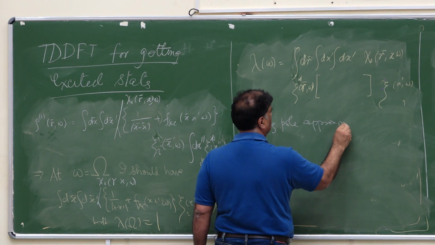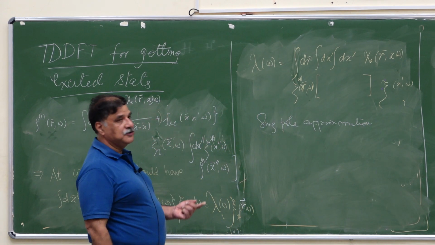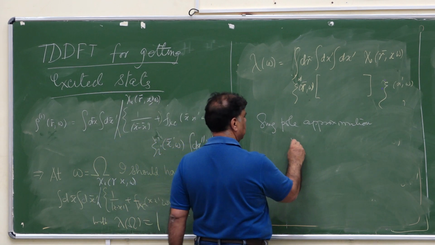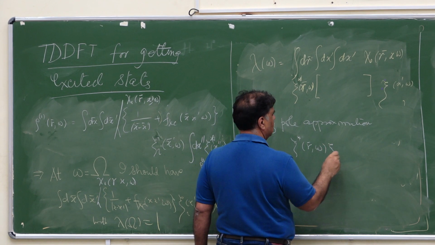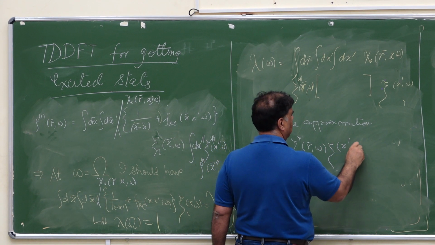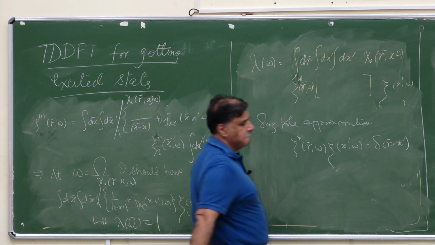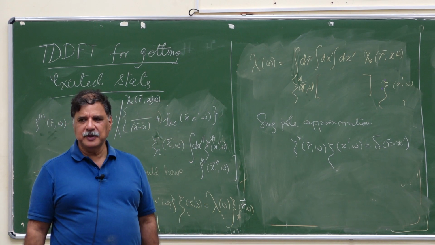As if there is only one excitation frequency that exists, there is only one zeta that exists, so that zeta star r omega zeta x prime omega is equal to delta r minus x prime. This is assumed. This is a very crude approximation, but nonetheless,